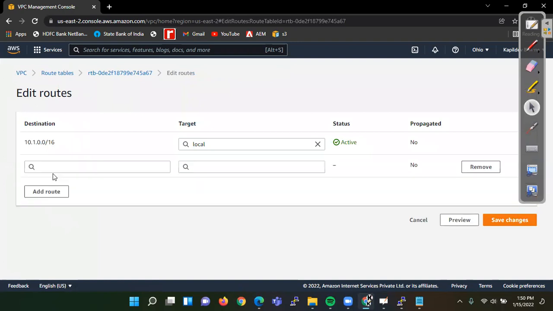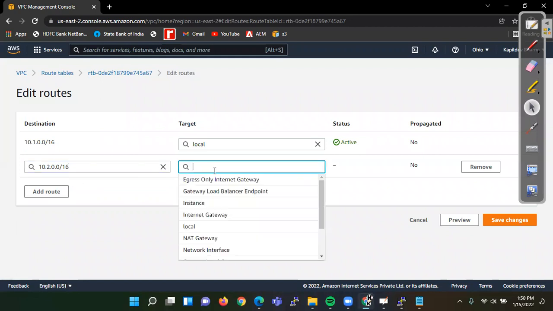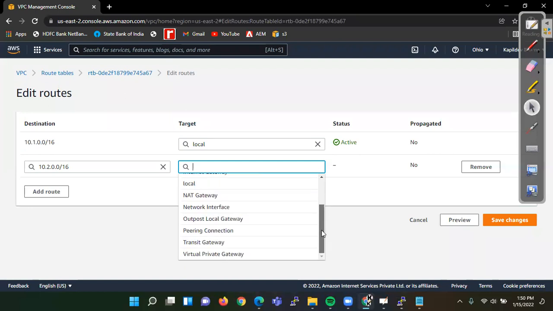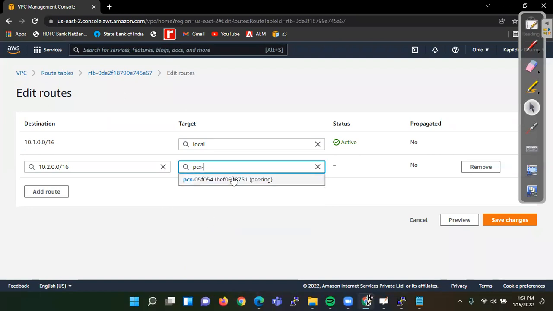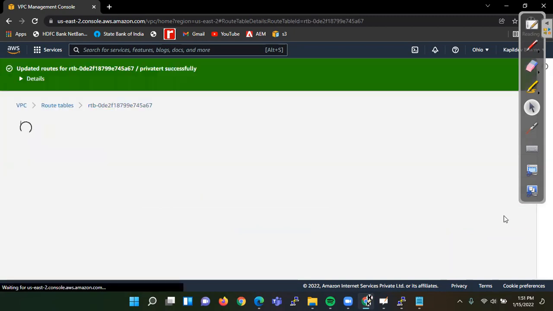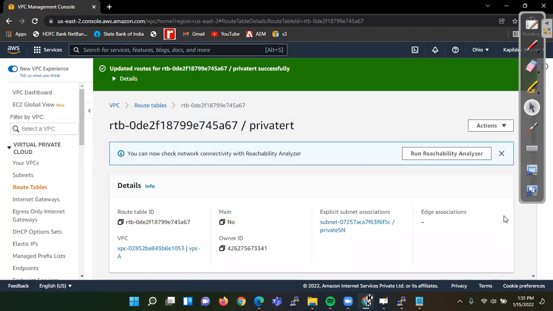So we write the VPC IP range, so this is the VPC IP range for our Mumbai region. Here again go to the peering option, peering connection, and see we have this same address here also, and save changes. Okay. So done.